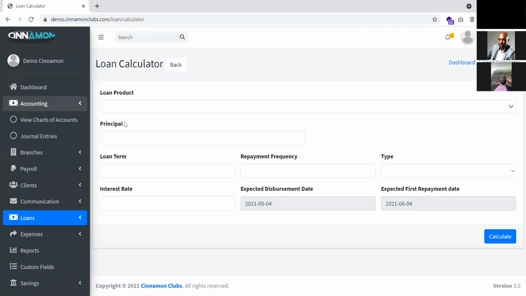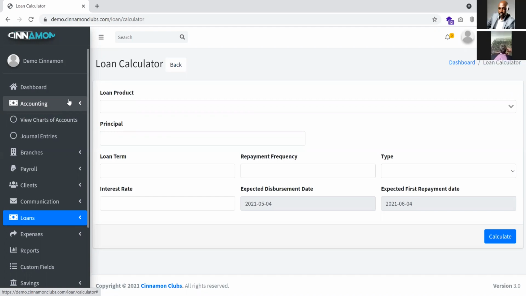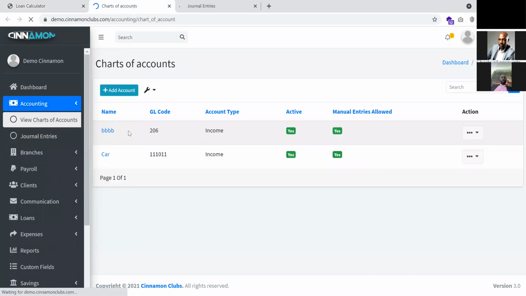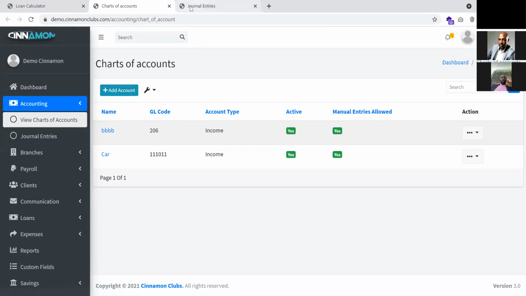Thank you. So, the first version of Cinnamon didn't have accounting, and the complaint was, we are having too many softwares. Why can't we have one which does everything? So we put in an accounting module, and they would say, we are just starting, we cannot right now have many software. So we put in an accounting system which is going to help you as a circle, you as a cooperative,